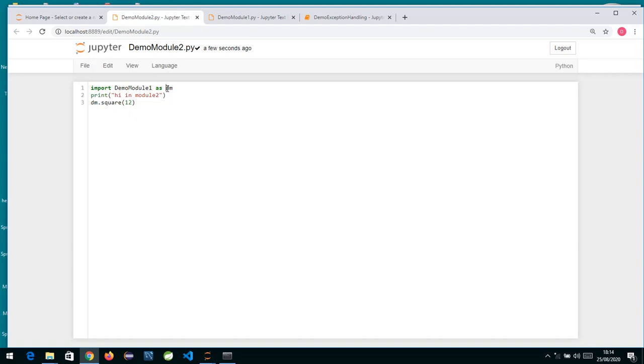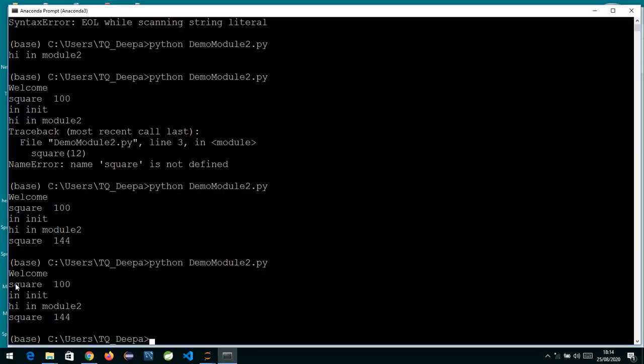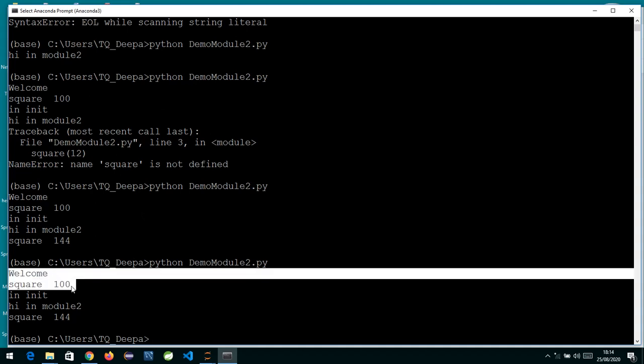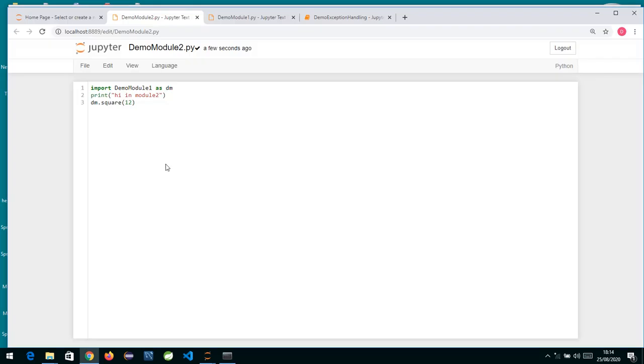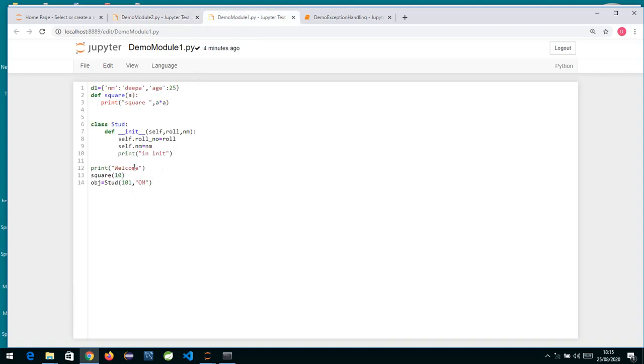But now, if we see the output, it is printing all the statements which are written in module 1 also, but we just wanted to call the function and we didn't want these statements to execute. So what we can do over here is, let me show you, I'll print. Inside Python we have one magic variable, underscore underscore name. I'll print underscore underscore name underscore underscore completed, and put a comma over here.